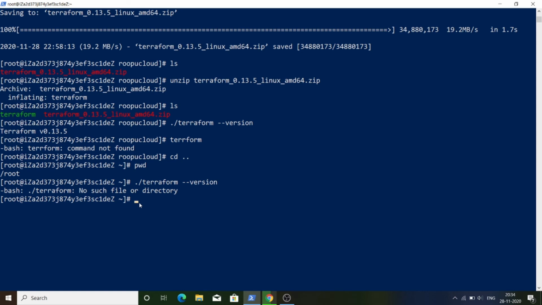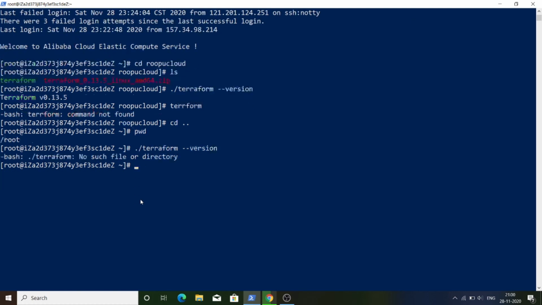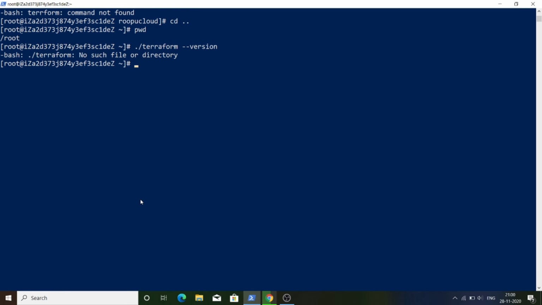To overcome this error you have to give the path of your directory. What you have to do is copy the location of Terraform and simply add it to your system path. How can you do this? First you have to copy the location.